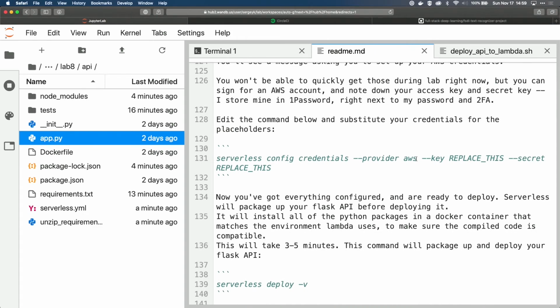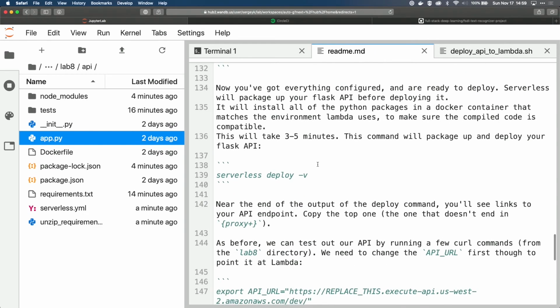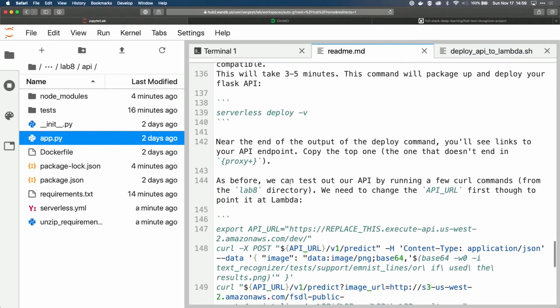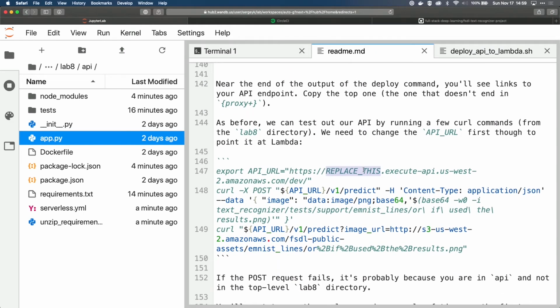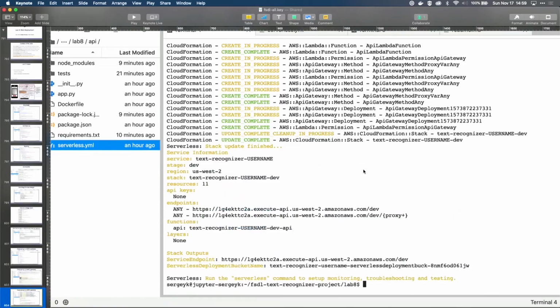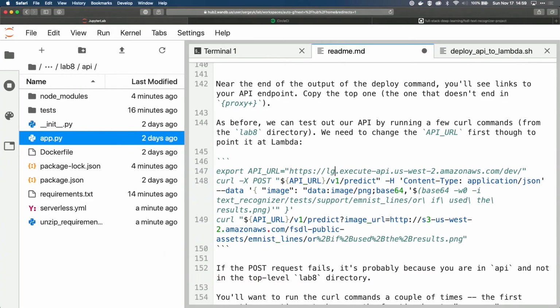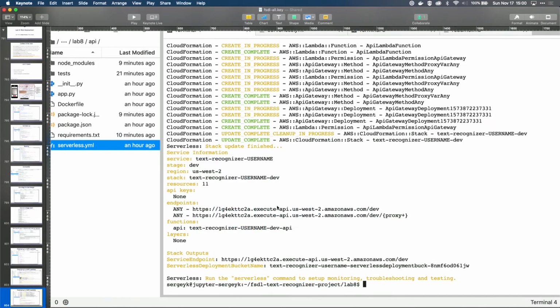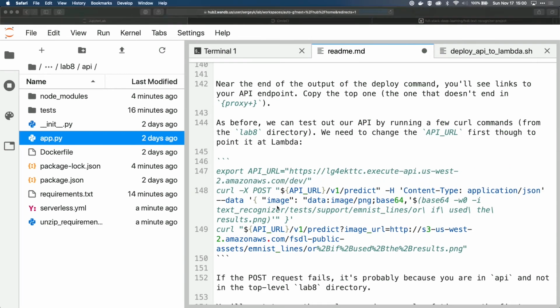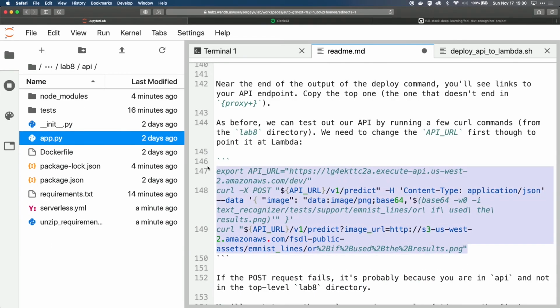If you're following along, you're also going to need an AWS account, which, in the weeks to come, I encourage you to follow along just to not be afraid of this. But yeah, if I replace this with what I see here, LG4, EKTTC, 2A. So this is something I deployed a couple of days ago. So if I do that,